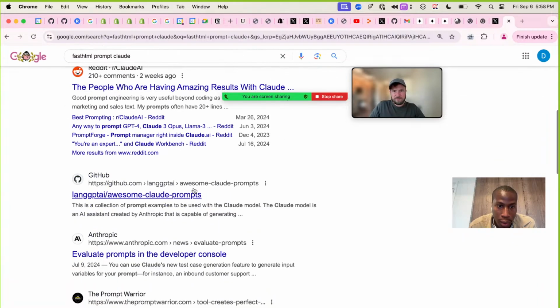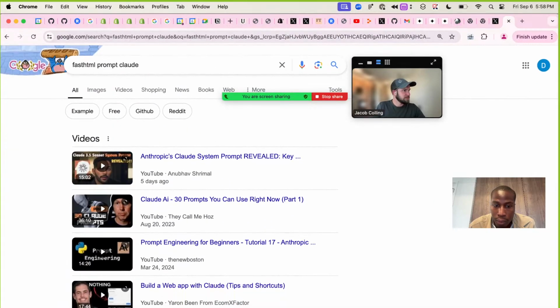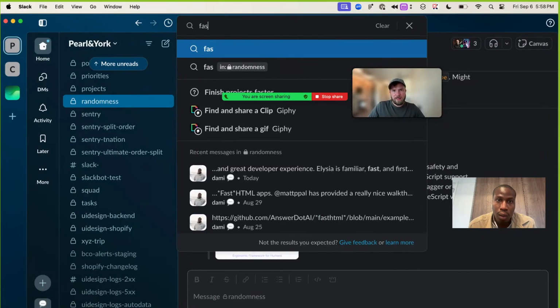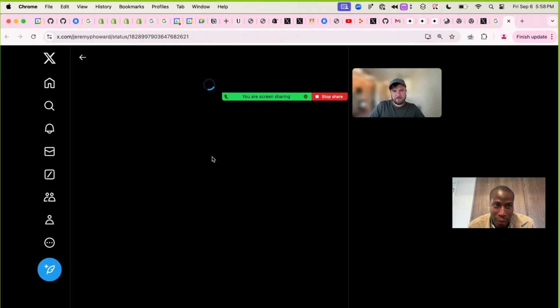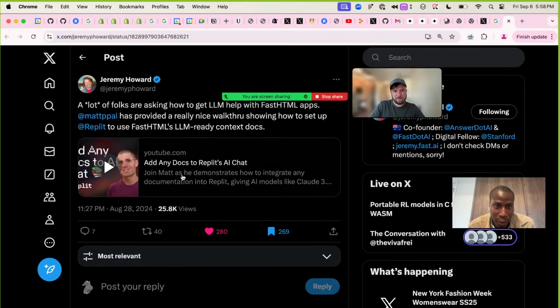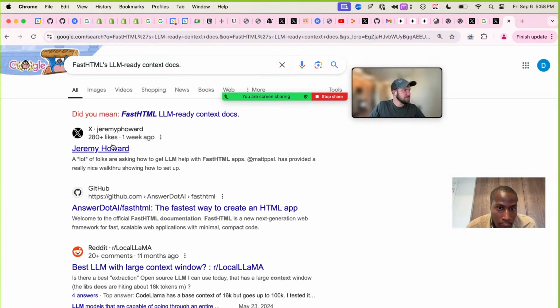GitHub. It's called Fast HTML, right? Yeah, I usually have everything bookmarked. Okay, well, let's just see if this works. Okay, so there's a Replit demo, and LLM-ready Fast HTML context stuff. Okay, cool. So it looks like there are docs here.